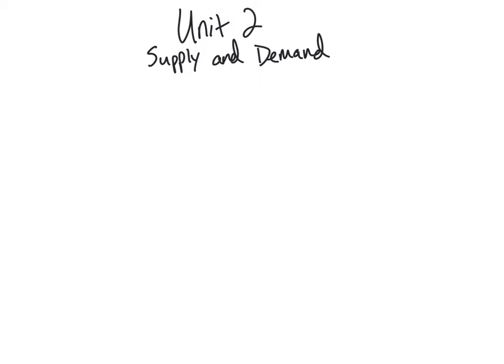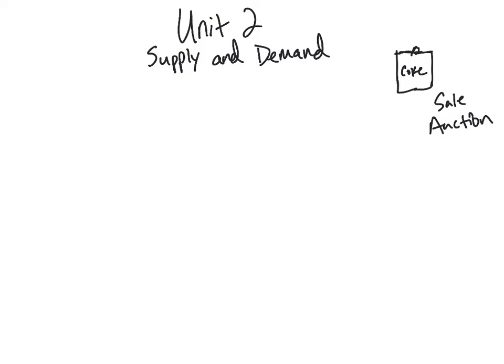So the most basic thing that we can start with is just a simple example. In this example, we're just going to use a good, and that good is going to be, let's say, just a can of soda. All right, so we have this can of soda right here. Let's say it's a can of Coke, and this Coke is for sale. Okay, we're going to have an auction